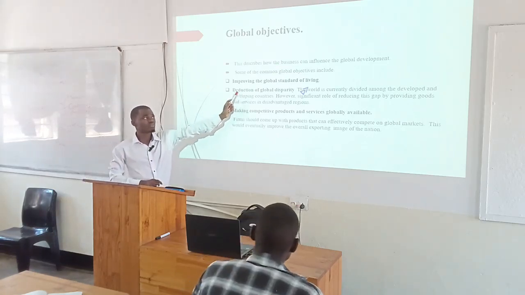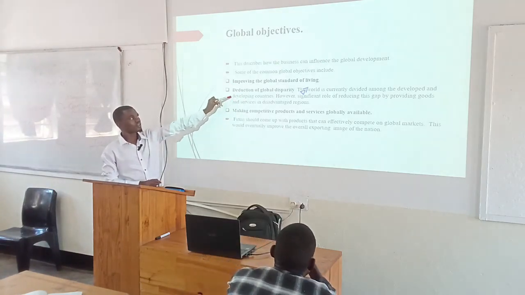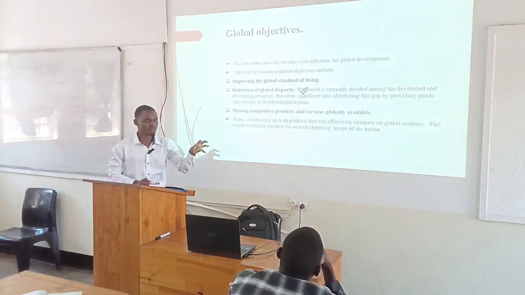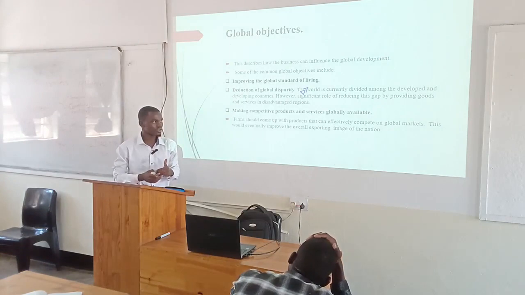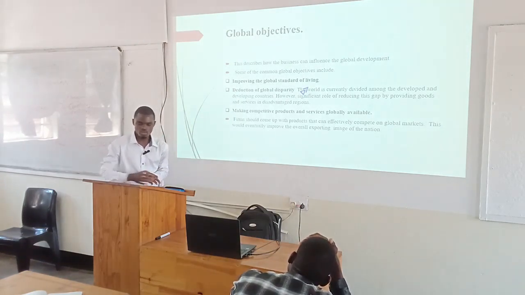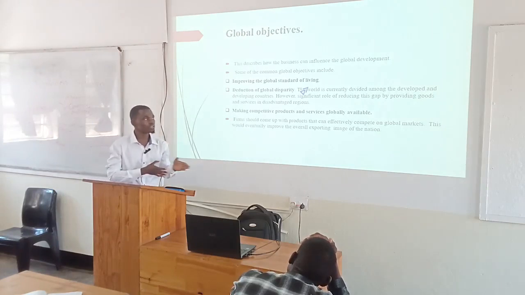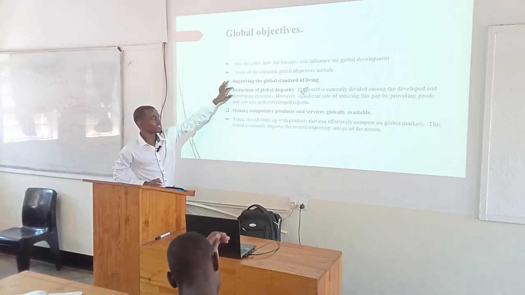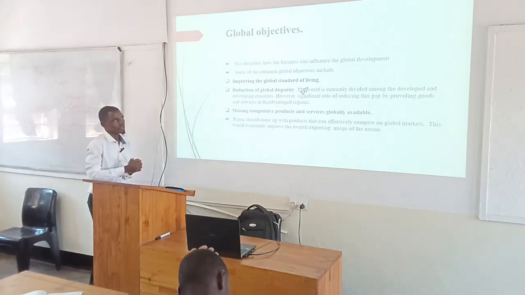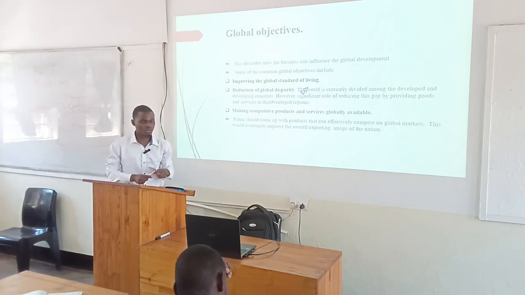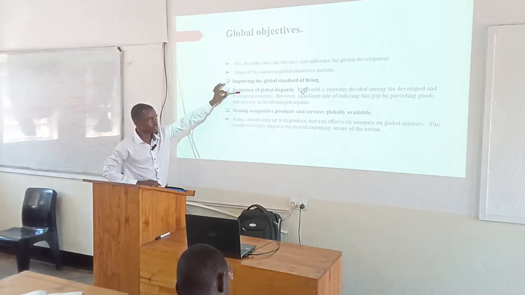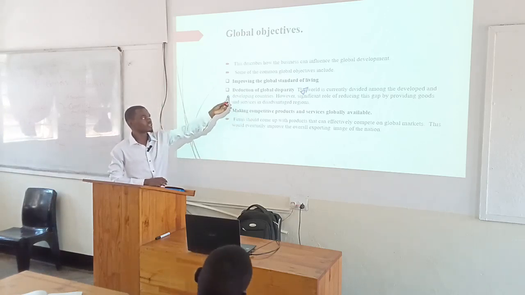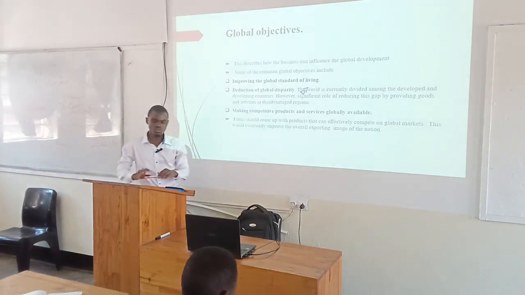The next one, which is also similar to the first one, is reducing global disparities. By global disparities, it means differences in economies. For example, we have people who are extremely poor, and then we have people who are extremely rich. So an organization has to take part in reducing these differences in economies. For example, we have an organization in the US, which is one of the advanced countries. By providing products to Malawians, they are reducing the difference that is there between Malawians